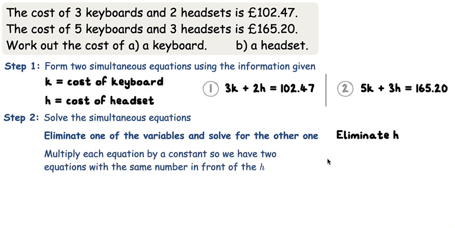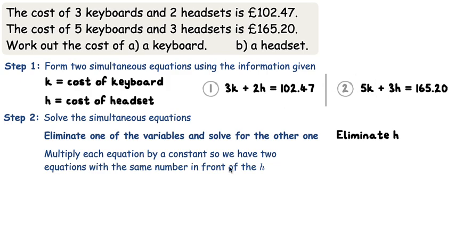To eliminate H, we need to have the same number in front of the H in each equation. So we need to multiply each equation by a constant to get this number. In equation 1, we have a 2 in front of the H, and in equation 2, we have a 3. The lowest common multiple of 2 and 3 is 6, so let's multiply to get 6 in front of H